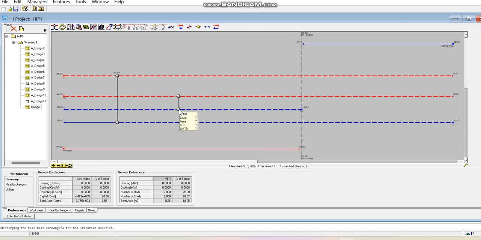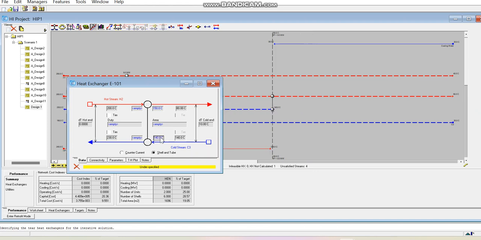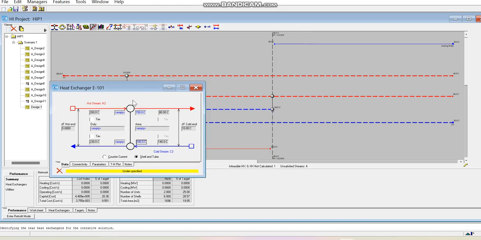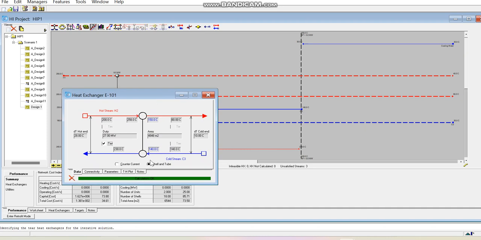Okay. Again, we are matching these hot and cold streams at the pinch. So double click on it. That means that the hot will leave at 150 and the cool is entering at 140. Okay. So if I click on tied 230,